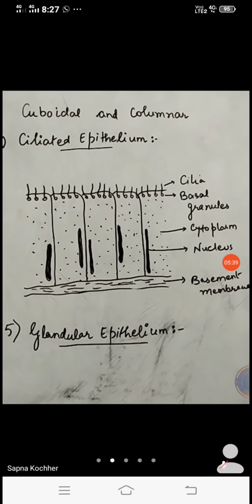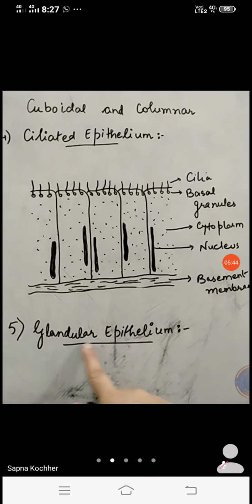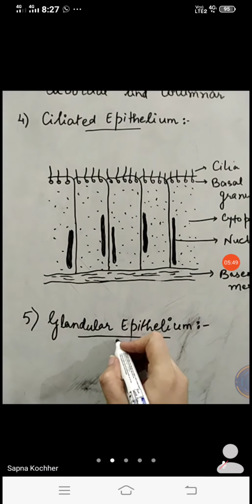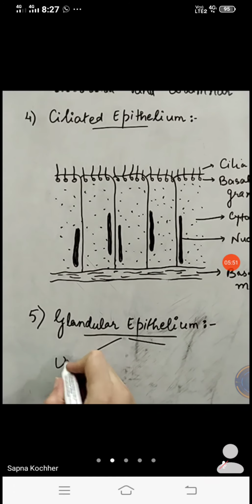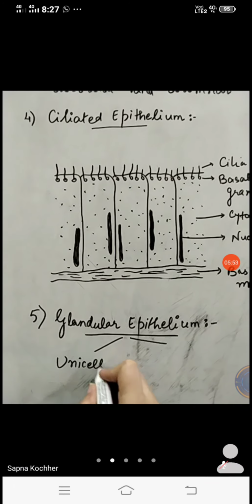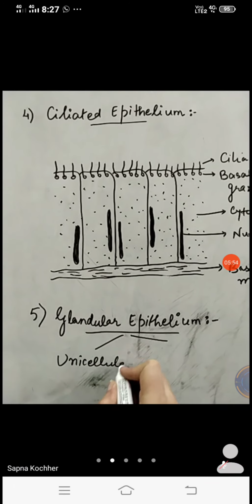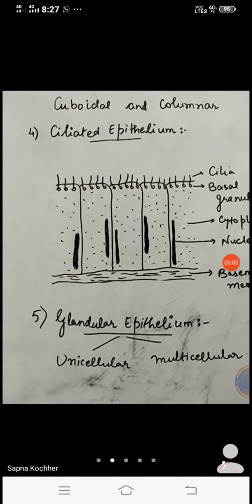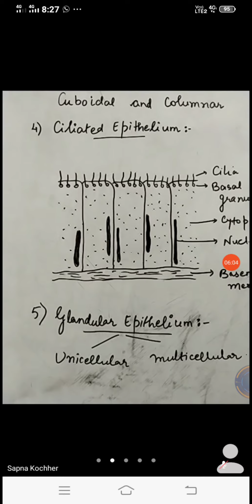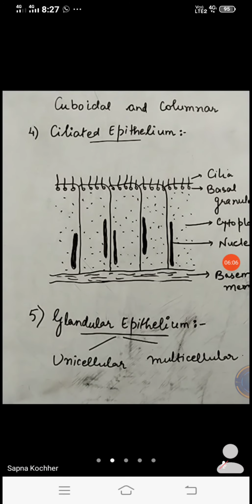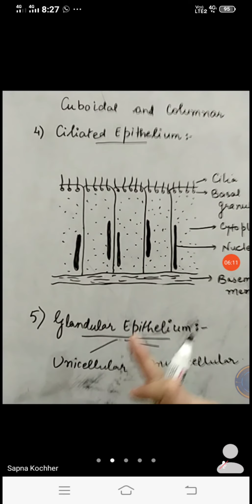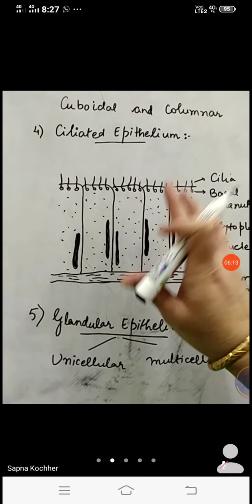Accordingly, the glandular epithelium, according to the presence of these glands within the cells of the tissue, can be unicellular or multicellular, right? So, this is the unicellular condition of the glandular epithelium, or the multicellular condition. Two types are there mainly for the glandular epithelium, that is unicellular or multicellular. Unicellular means that which is isolated, single, right?